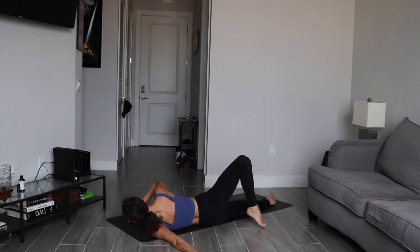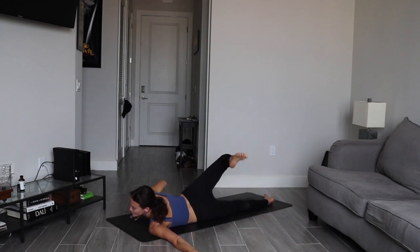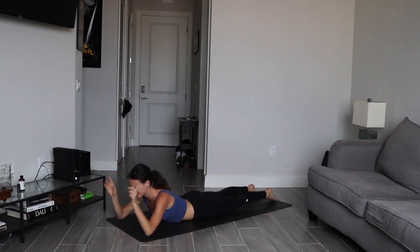Lots of rights and lefts going on. I'm going to do my best to keep them straight. Sometimes it's still hard to determine the left from the right. Come on back center. And I still have to make the little L's with my fingers. Anyways,